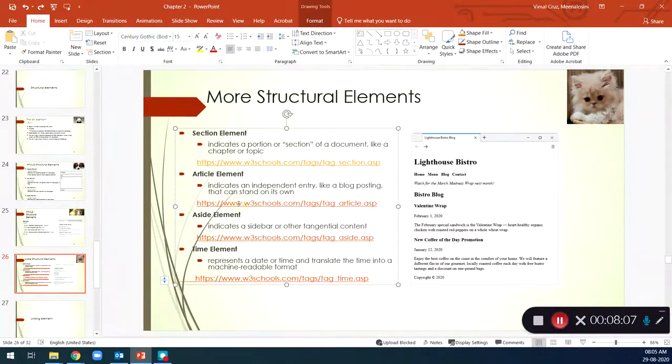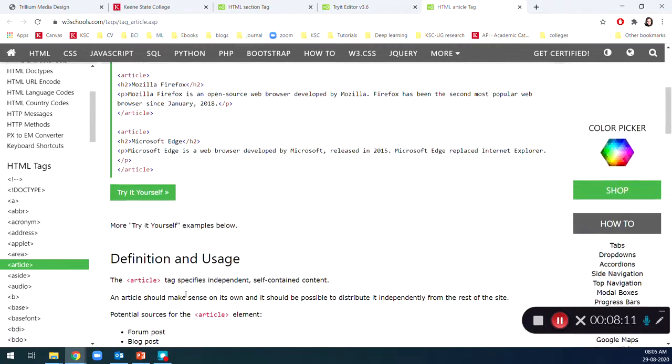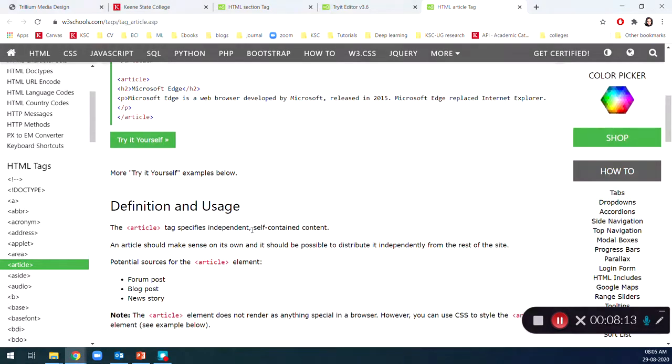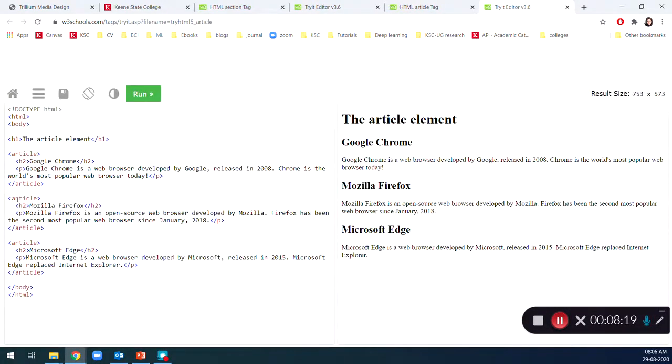Let's click on this link to see what the article element is. You can see it is self-contained content which is independent. You can even represent it as a section or an article; it's totally up to you. Both have the same display but different semantic meaning.